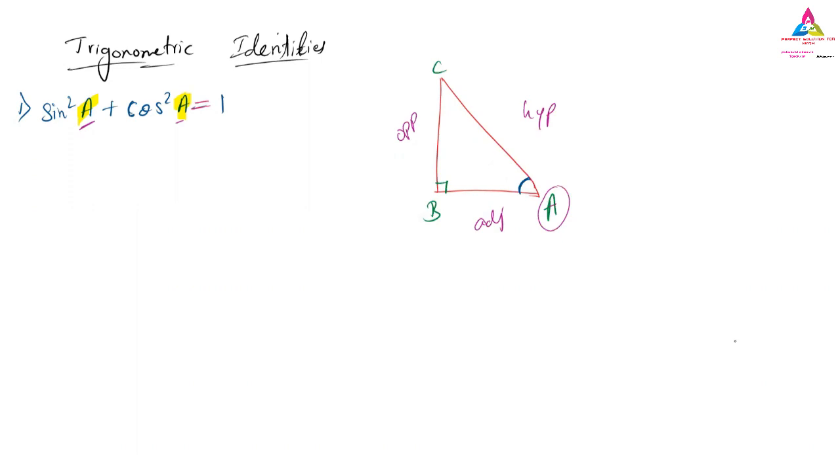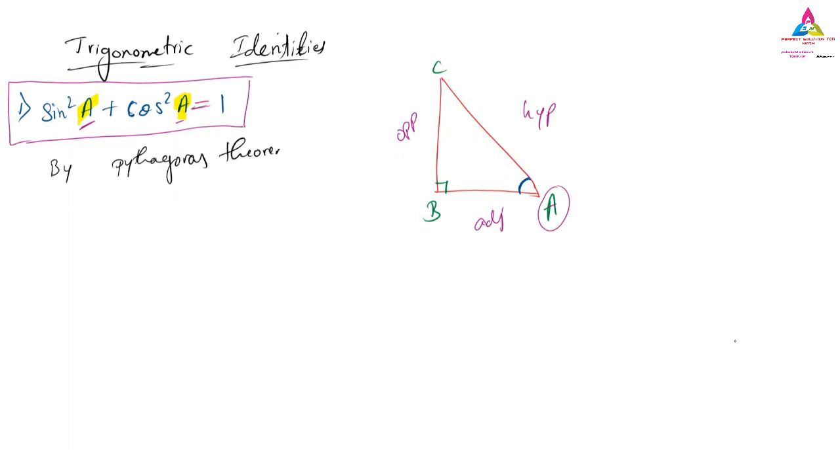First, we have a right angle triangle. So obviously, don't bother about this one. We have to prove this one. So we will take the Pythagoras theorem to prove that. By Pythagoras theorem, how can we write it for this triangle ABC?